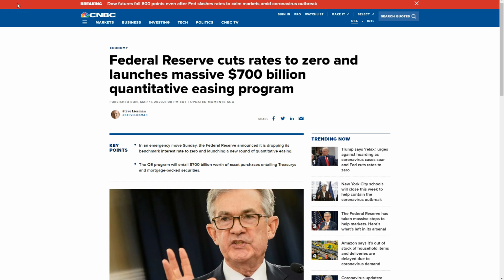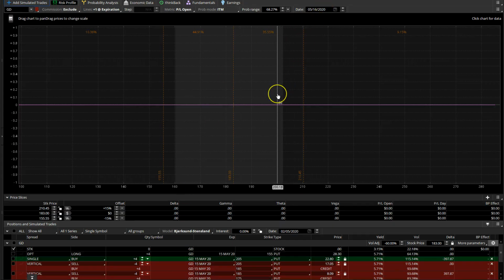So this is only the 15th. The Federal Reserve just decided to cut rates to 0. So let's see if there are opportunities to short, and what would be the best way to do it. And here I am in my TD Ameritrade account,